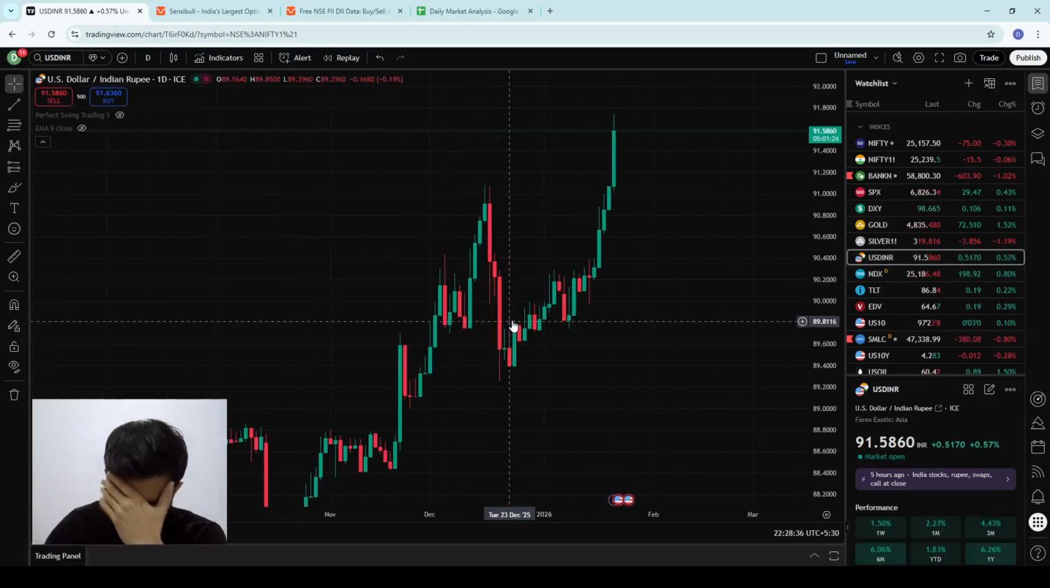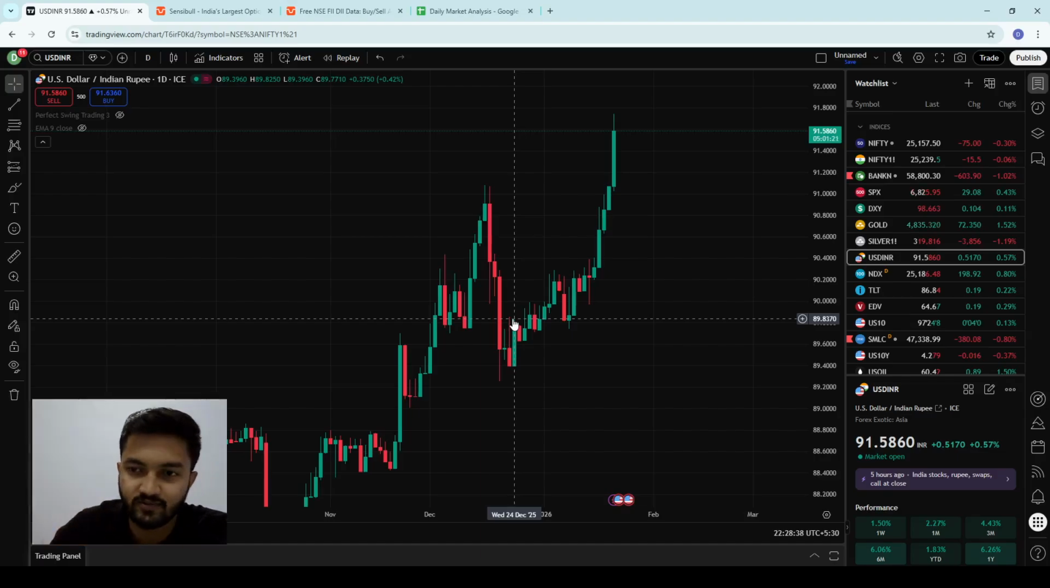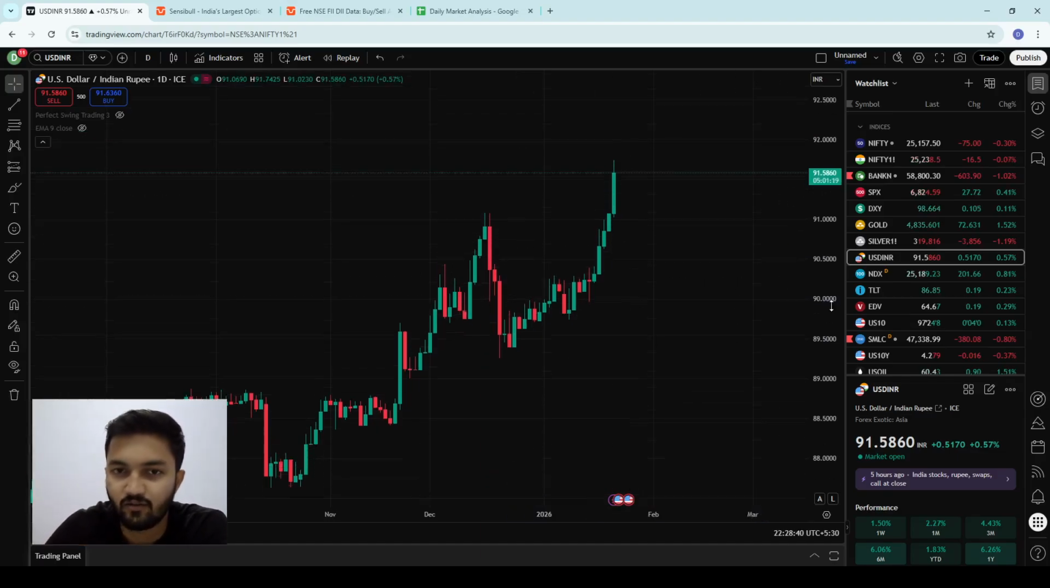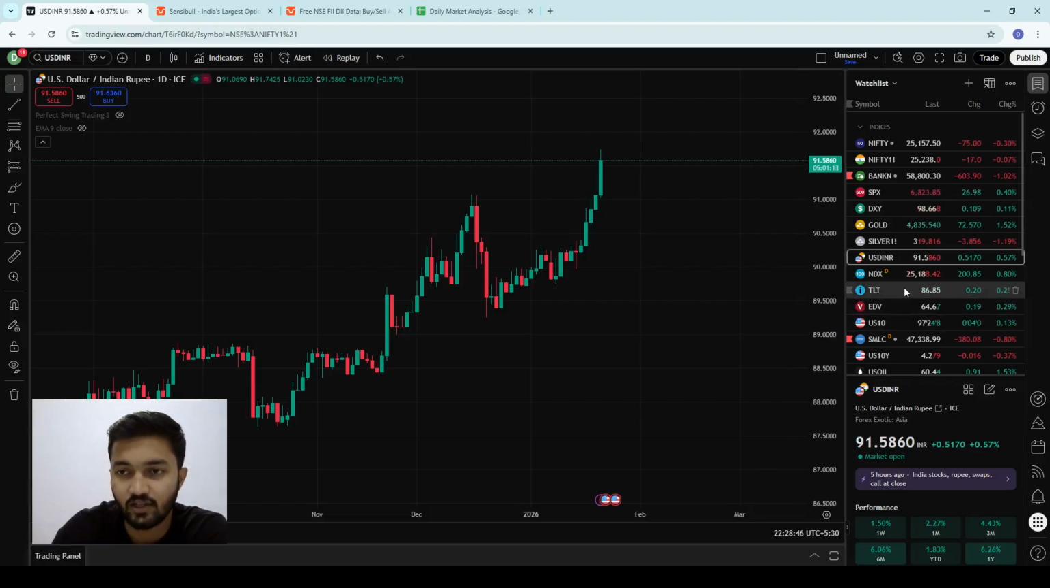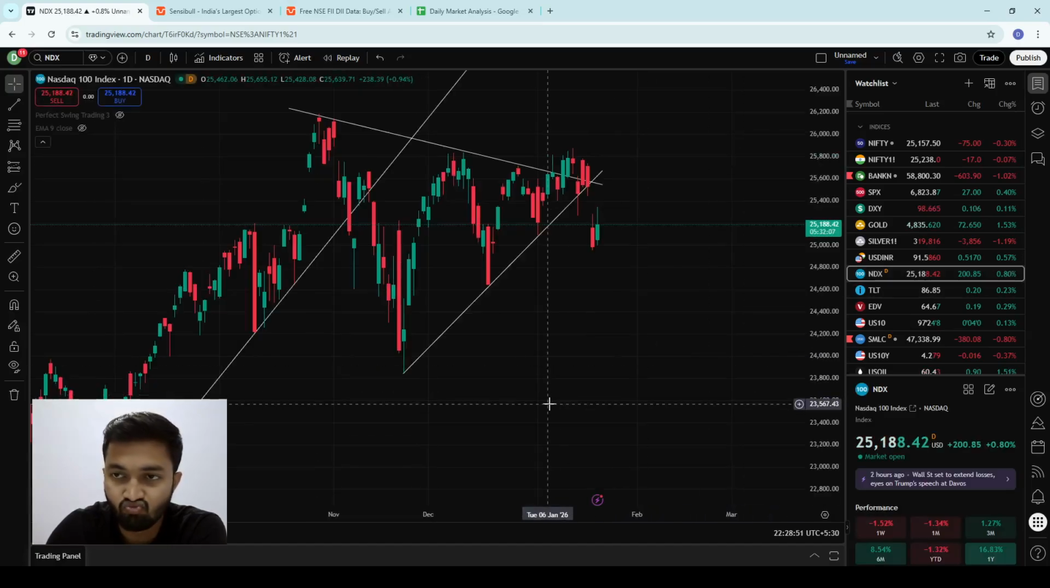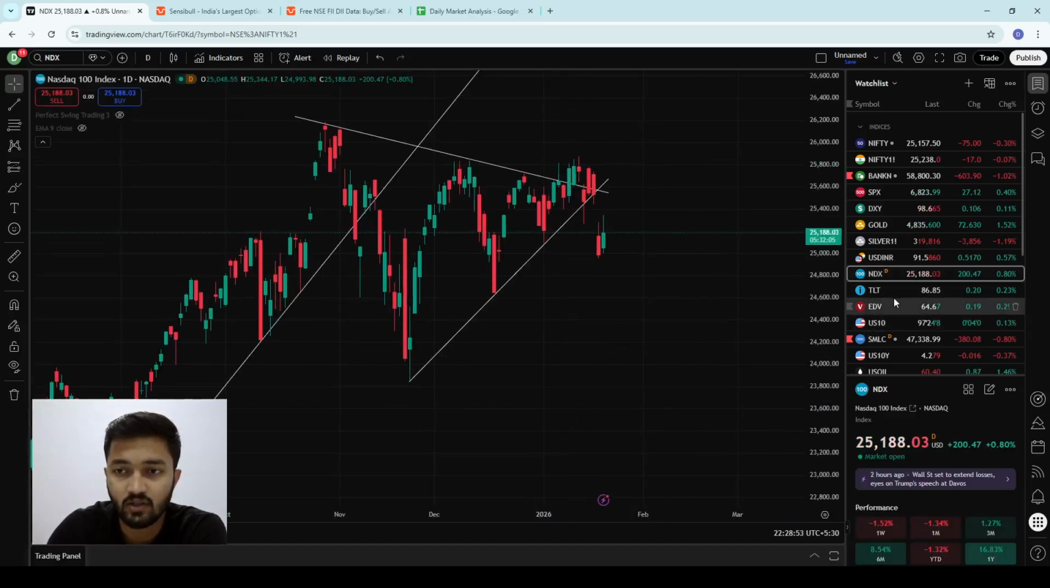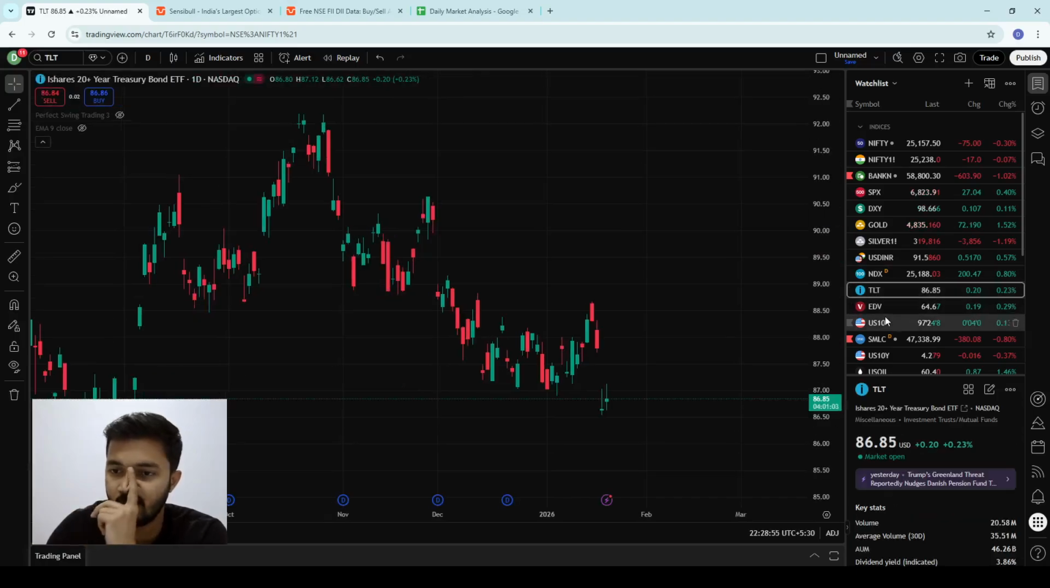USD INR, guys, we are getting a lot poorer than we actually understand. It has hit a fresh all-time high, 91.58 rupees. That's the exchange rate. We are slowly going ahead towards the line of 100, which is very much negative for our markets. Nasdaq looks negative. TLT, EDV